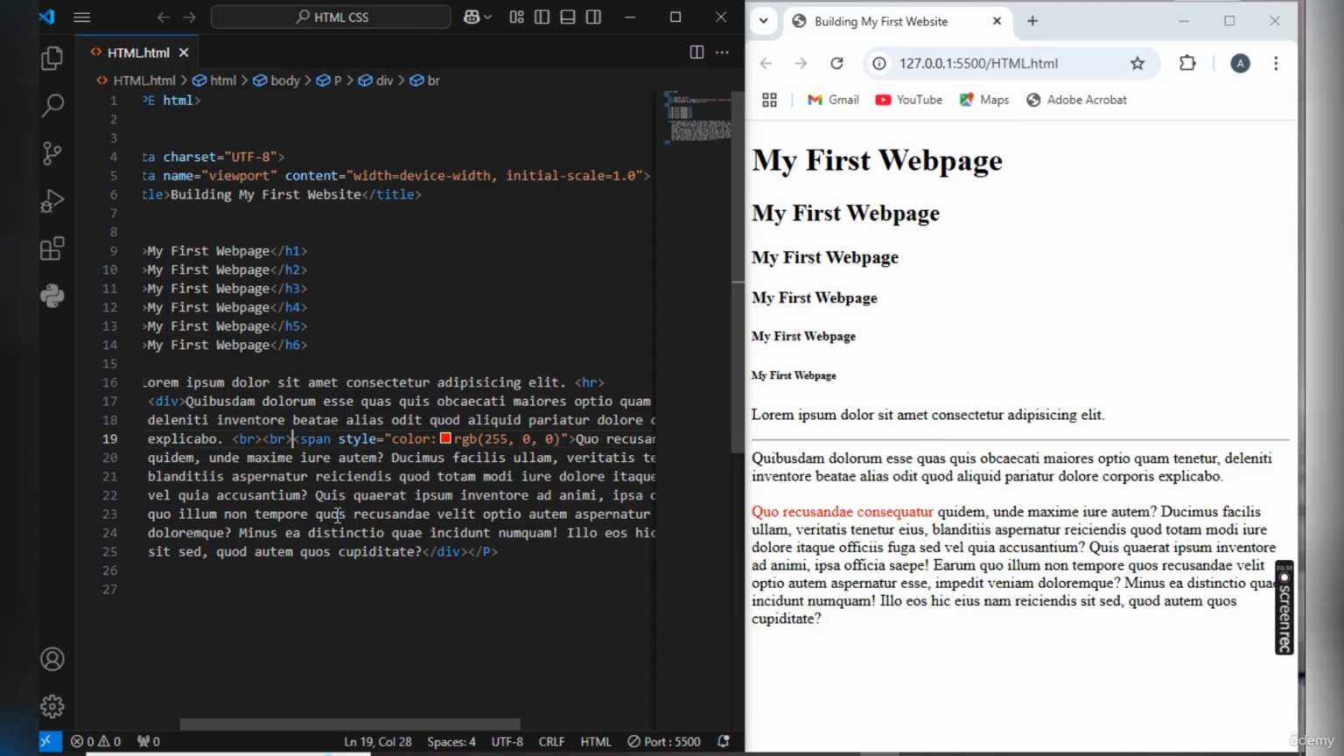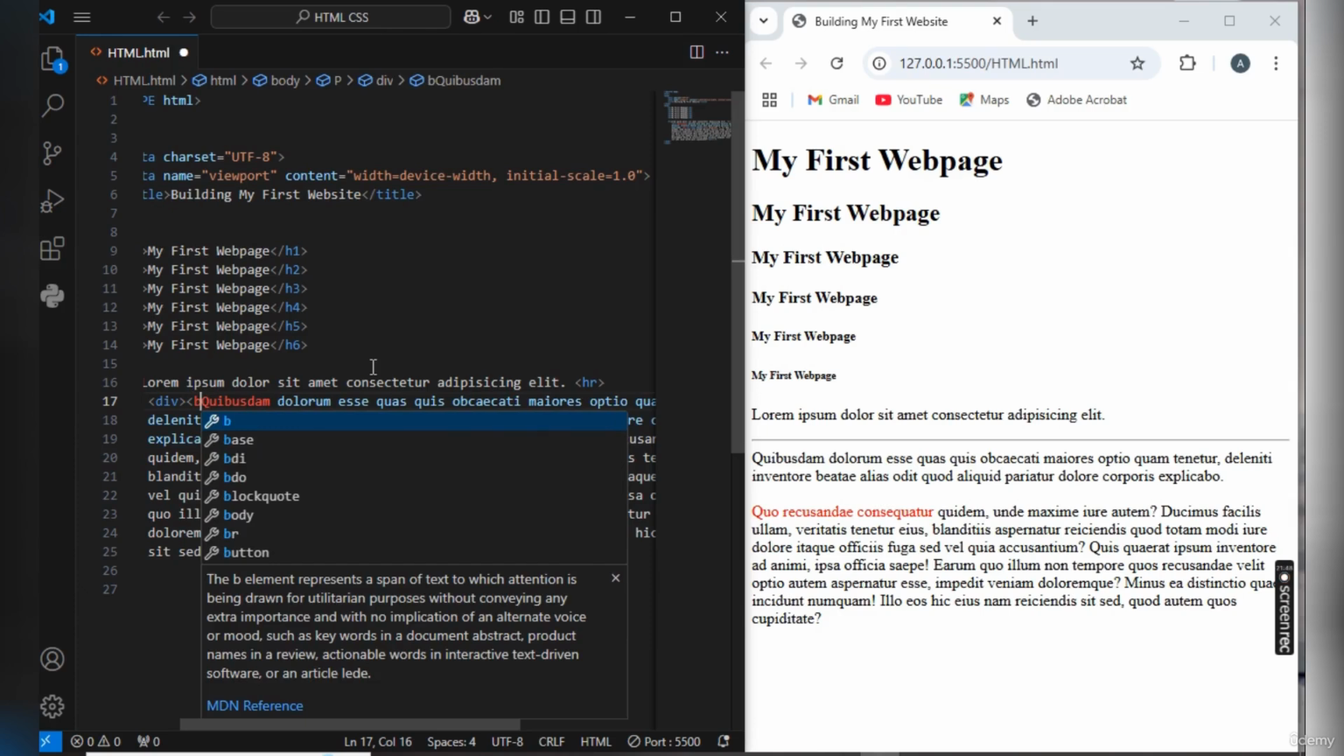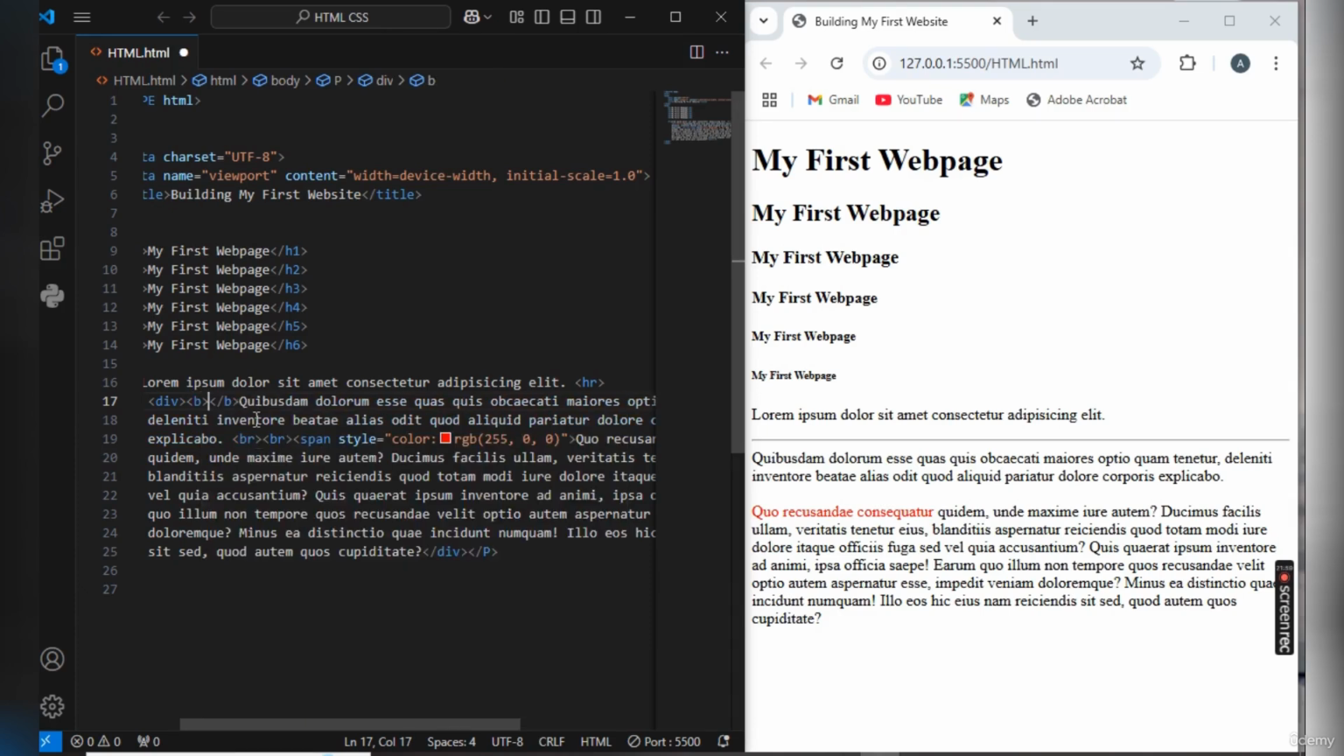So the next one is bold. Now, I just want to make sure that this first one here is bold. It is very simple. It is in two ways actually. I just use the B, okay, which is this. Let me just,